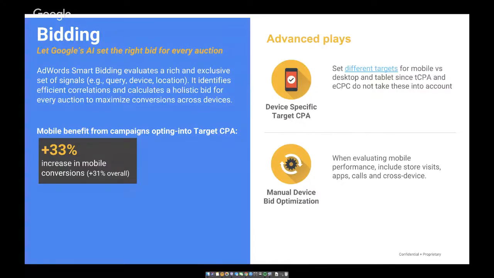Yes, and what I think is also very important to notice here is that for target CPA, if you have a mobile bid adjustment, so let's say you're using target CPA for a campaign, and you have a bid adjustment for mobile of 30%, but your target CPA is set at 10 euros, then your target CPA for mobile will become 13 euros. Yeah, so the bid adjustment for mobile influences your target CPA for mobile. So that's very important to know and to take into account for your strategy as well. Yeah, and it will vary very highly between all the different devices. So it's good to look at that.